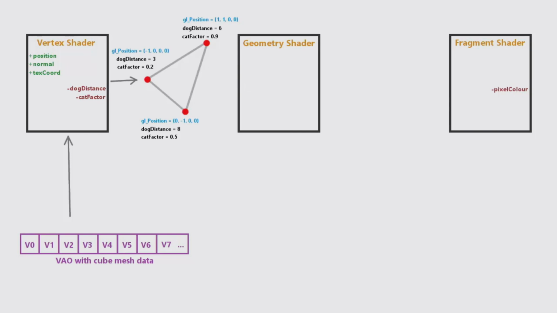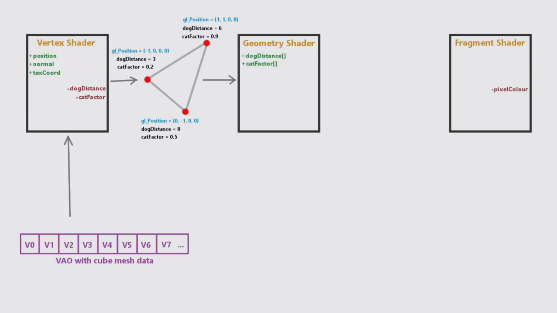The input to the geometry shader, therefore, is the entire primitive that it's executing for. So unlike the vertex shader, which just has access to one vertex, the geometry shader has access to all of the vertices in the current primitive, and any values that have been assigned to them by the vertex shader. So if we're rendering triangles, the geometry shader will have access to all 3 vertices and the values associated with them. This means that the output variables of the vertex shader are now the input variables of the geometry shader,